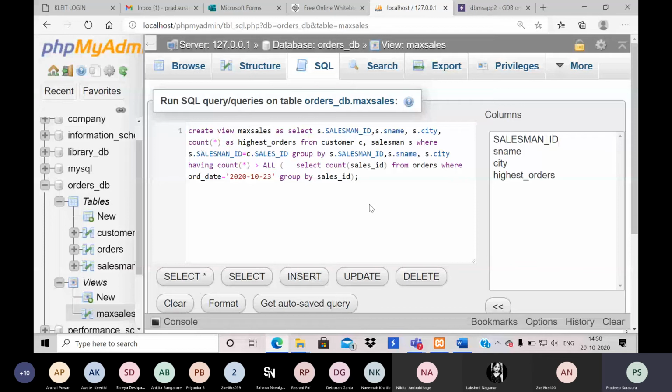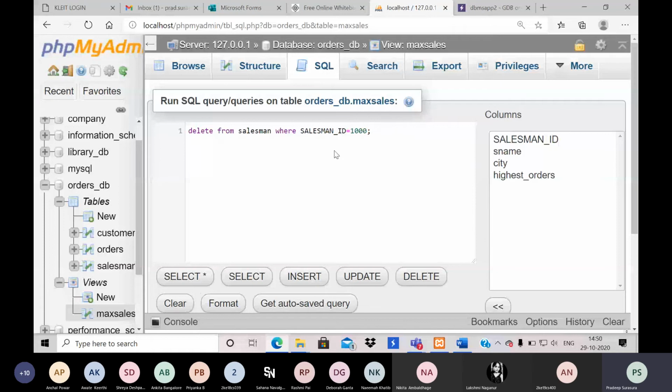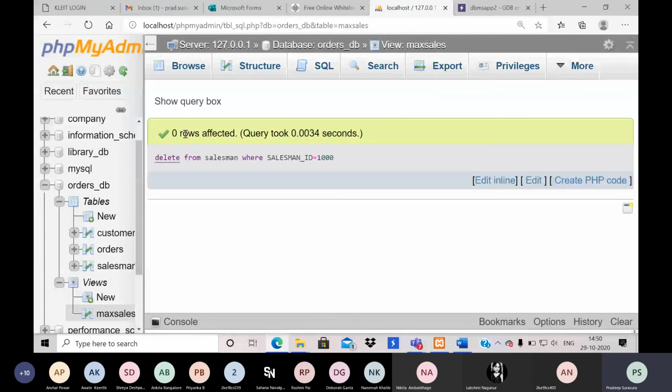Okay, so finally, one delete. I don't have the record with 0. It says 0 rows affected because I don't have any values with respect to 0.